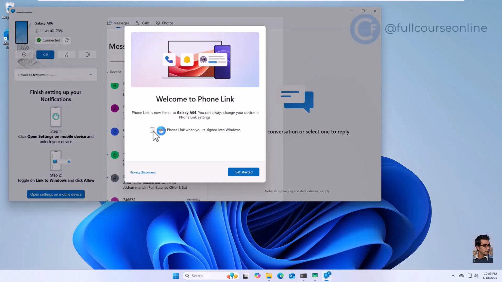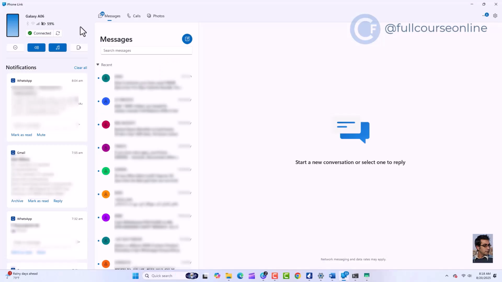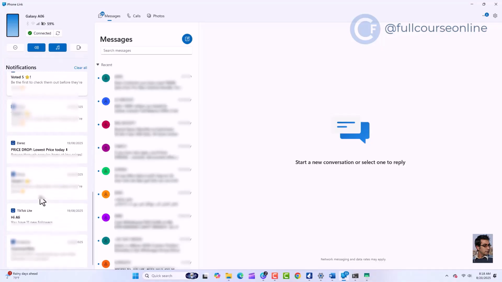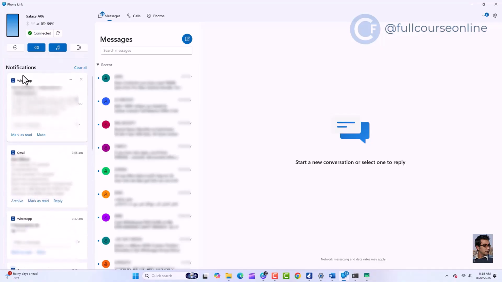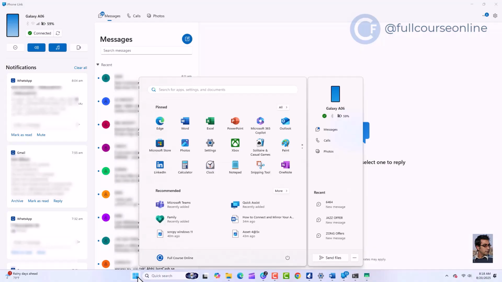Let us explore the interface first. On the left side you can see the Notification pane. All the notifications received on your phone are shown here. If you open the Start menu, another small menu is now attached. You can see that the messages, calls, and photos options are available on this small menu and in the main